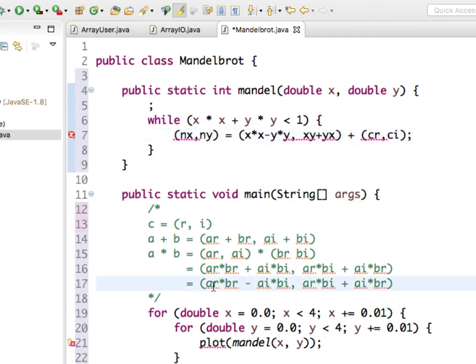I've just substituted those numbers into this little formula down here. Okay? And I can add two complex numbers. So that's x squared minus y squared plus cr. And this is just 2 times xy plus ci.